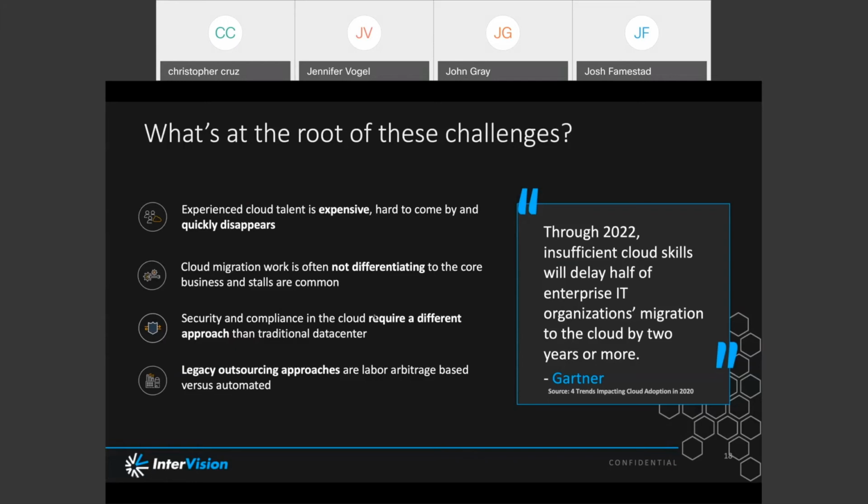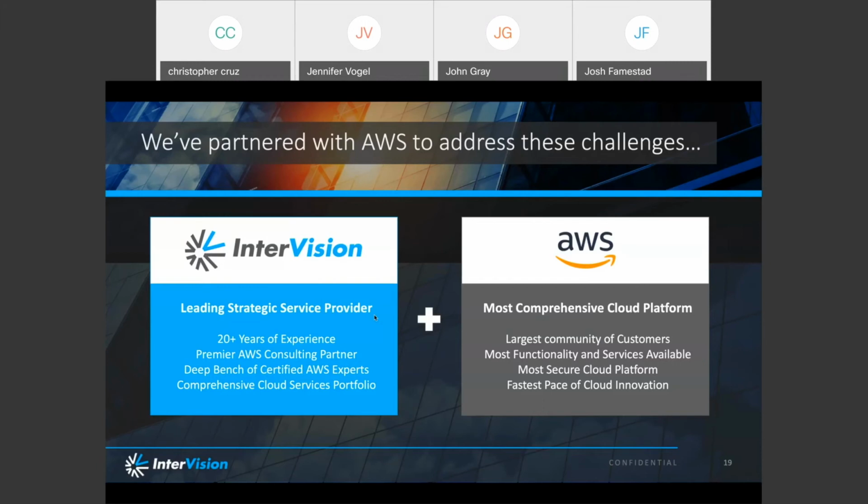Security and compliance is different, right? And a traditional approach of outsourcing this to companies can be pretty expensive, not necessarily the easiest thing to do. So you've really got to figure out how you want to go about this. But generally, what Gartner's finding is, half the organizations attempting to do this don't have the staff they need, right? So how do we solve that?